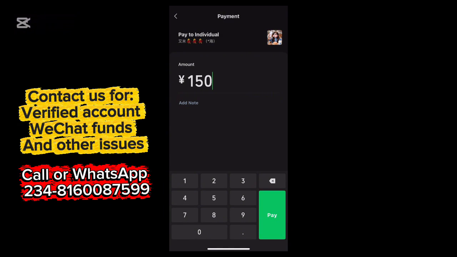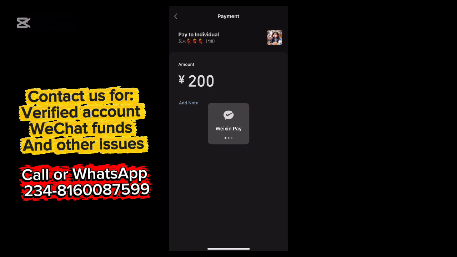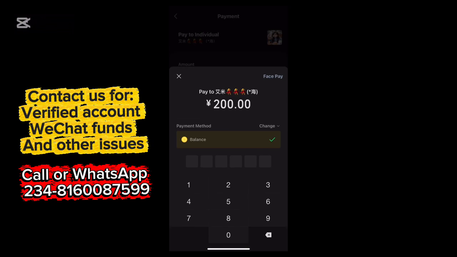Once you tap OK, I'm now going to change this to 200. Okay, you input the amount you want to transfer, then you click on pay. So once you click on pay, it's going to work and pay it directly. So now if I input my payment pin, it's going to work. But before I input